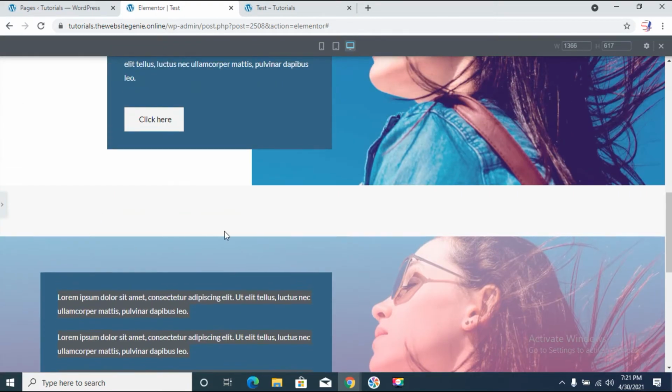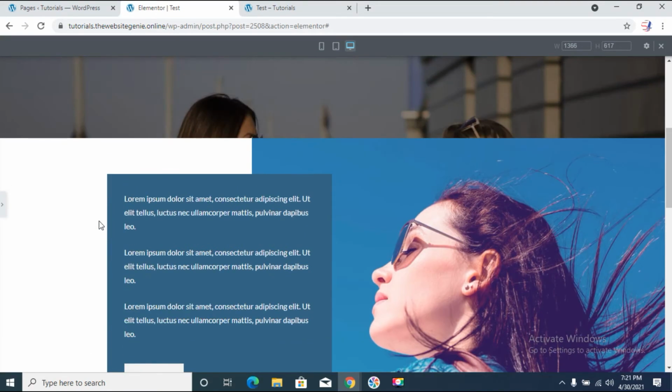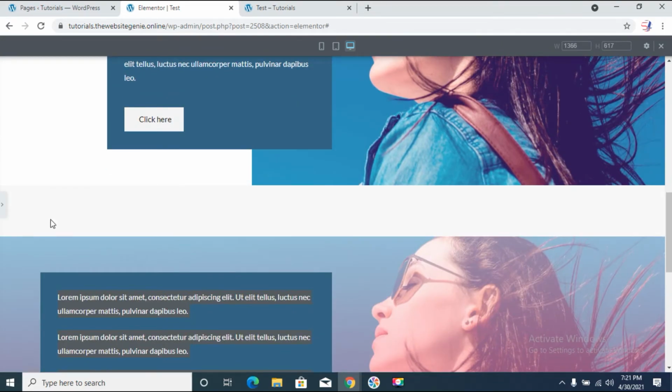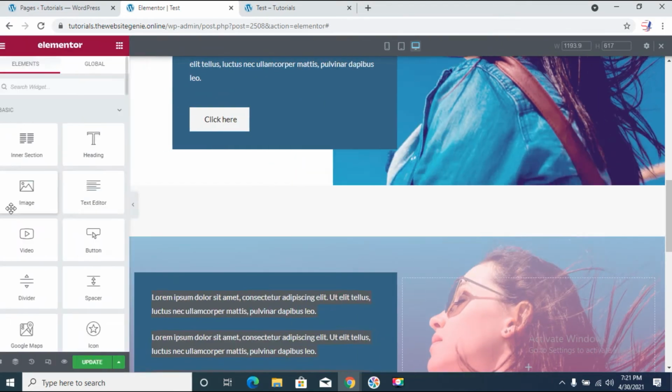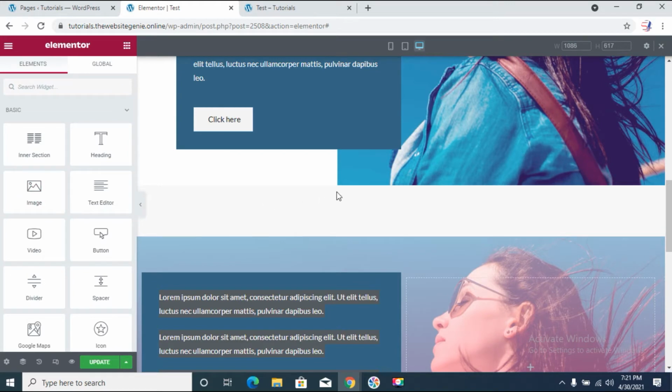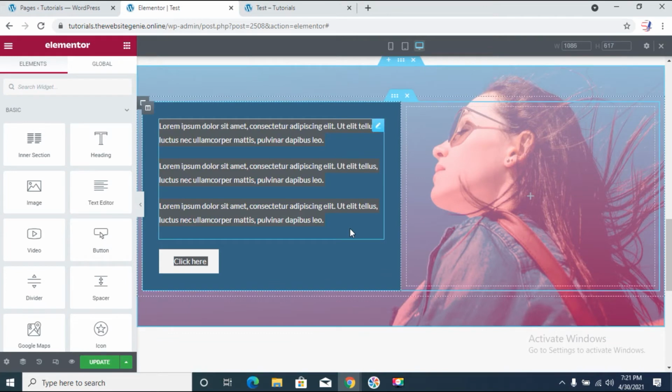It is not exactly white, it has a darker shade to it, but we'll continue with white because most of the websites that we will develop will have a white background, or you can match the color you are seeing here. You can go to the customizer section and see what the exact hex code of this color is, but we'll stick to white for this tutorial, and you can match it with the background that you have.